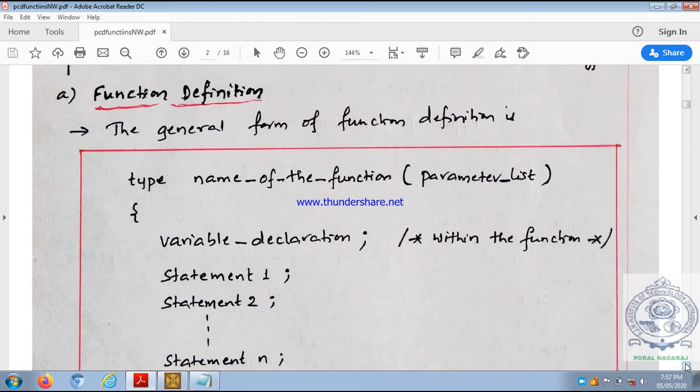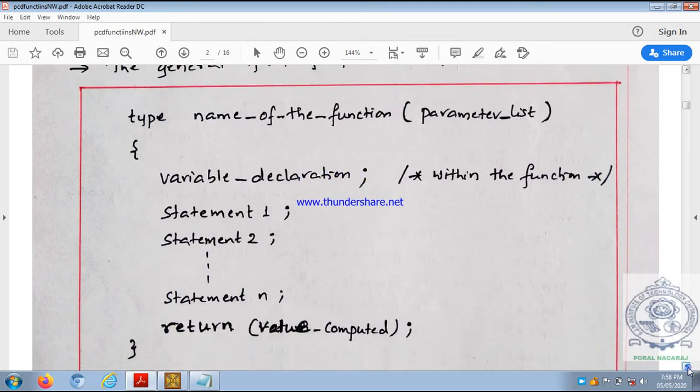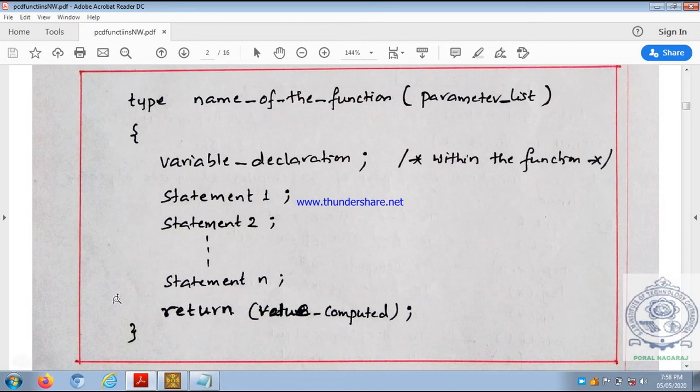Okay, so now if we call a square root function in our mathematical expression, it means the square root function is already defined, available in the math.h file, and so we can use it. So that's why first we have to define the function. Okay, once we define the function, we can adapt it to our requirement. So that is what is called function definition. So what should this function definition consist of? This is the general form of function definition, or syntax of function definition.